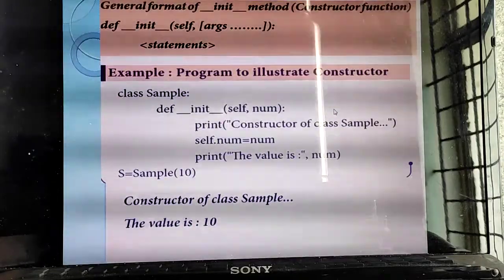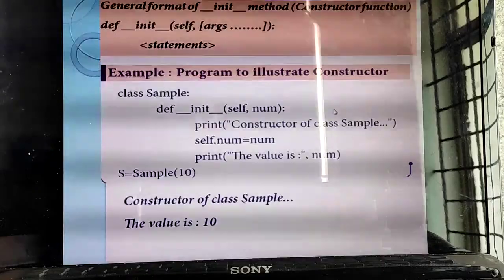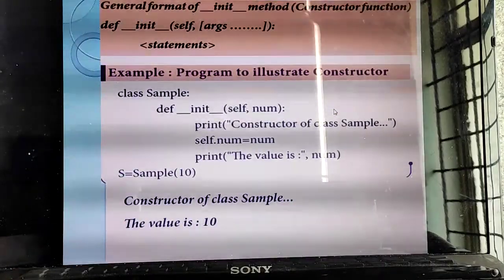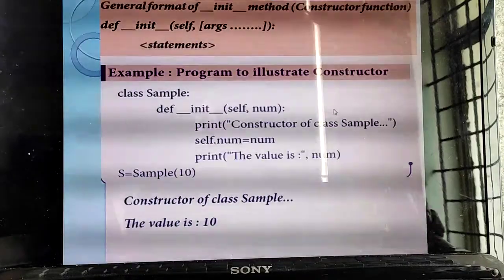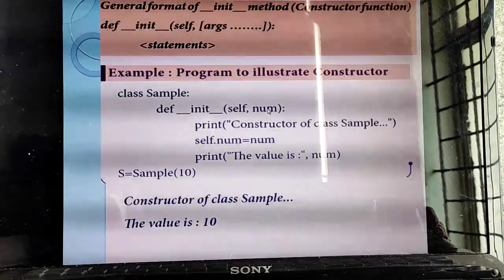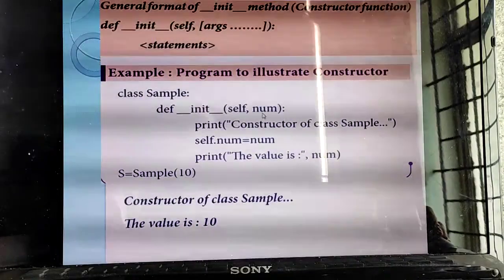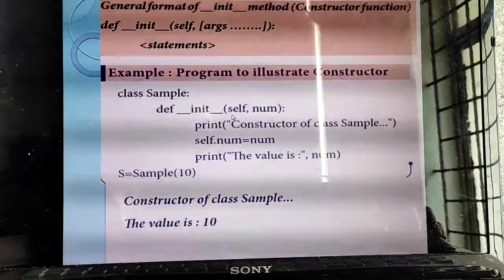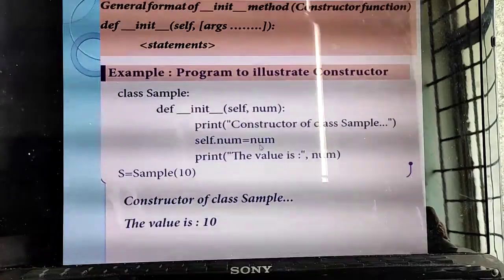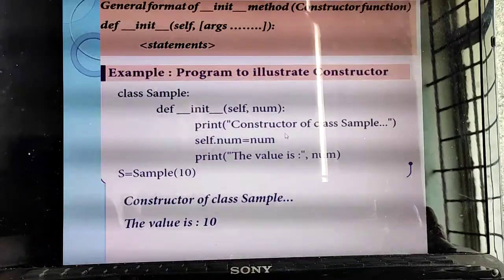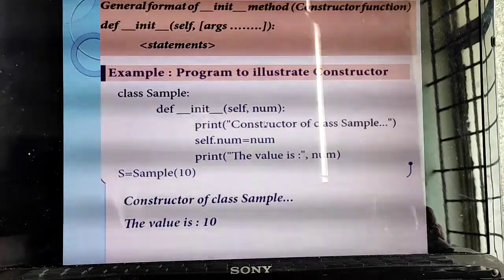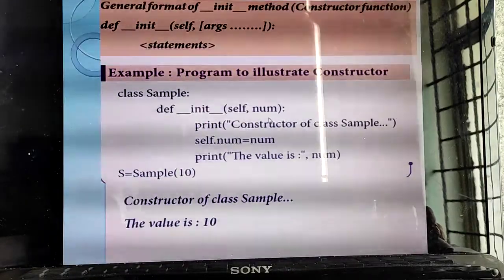Num. Whatever input you are giving, the inputs are given in the variable num. So you are assigning the value of num to the variable self. Understand what that means? Self dot num equal to num. Whatever number you are entering here, the same value is assigned to self also. So you are giving self dot num equal to num inside the constructor, you should define it like this. Next you need to print the value of num, where the value is stored in num.